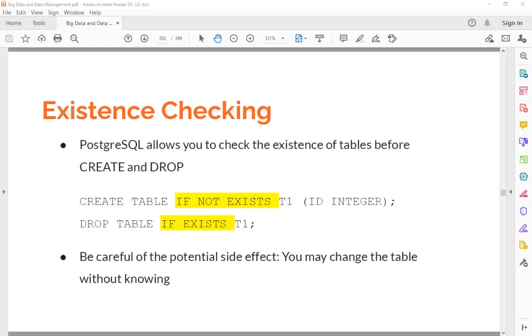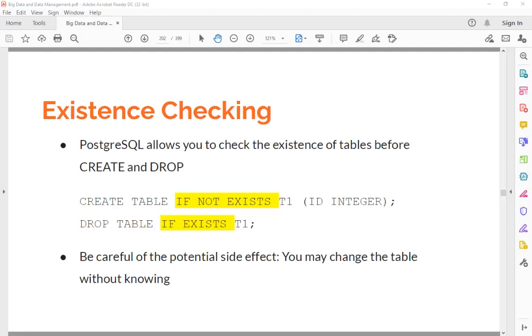In a real world scenario, when you are doing something like exploratory data analysis, it's very often that you will create some table and drop it and then change the structure, change some definition. That's a very common process. Also, if you work in an enterprise environment, sometimes people share the same schema, and you